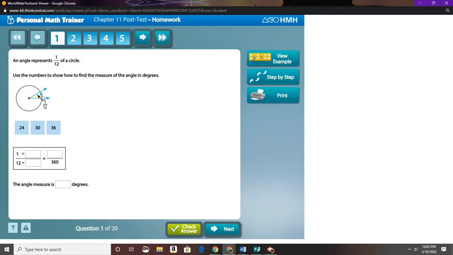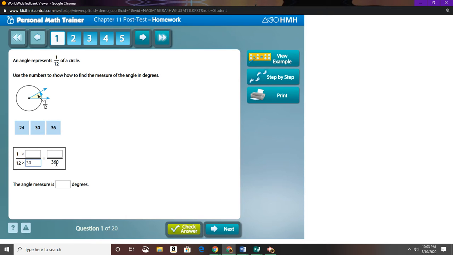And so we have an angle here in our circle, and they tell us here that this angle represents 1/12 of the circle, and we're trying to figure that out in degrees. Well, to figure that out, we have to remember that a circle has 360 degrees. So down here, that's what they show us. They show us these equivalent fractions, and we're using these numbers to fill in these boxes. So if I take 12 times something to get 360, well, 12 times 3 is 36, so 12 times 30